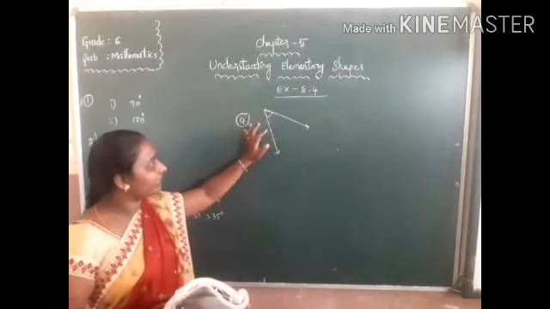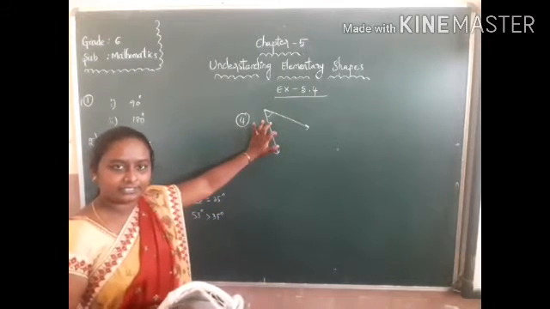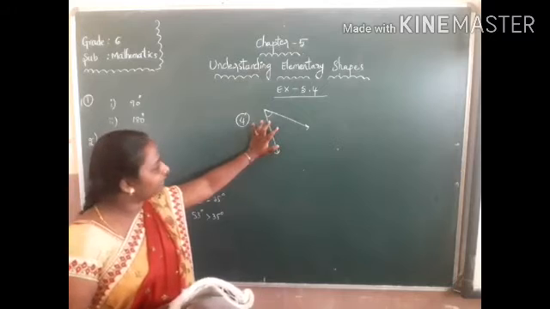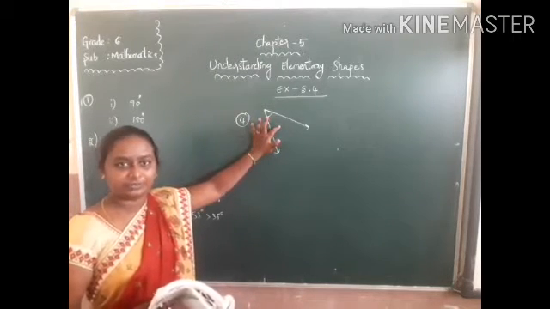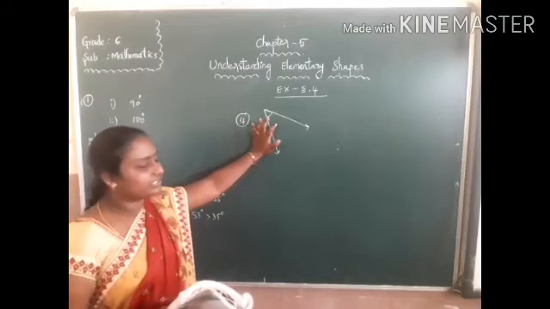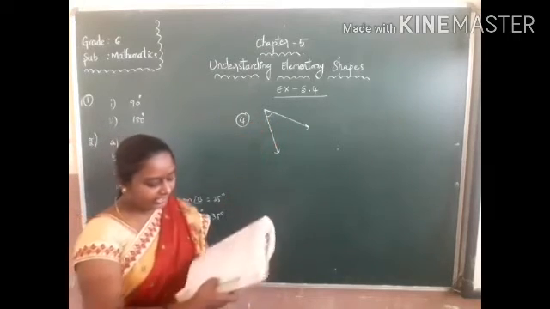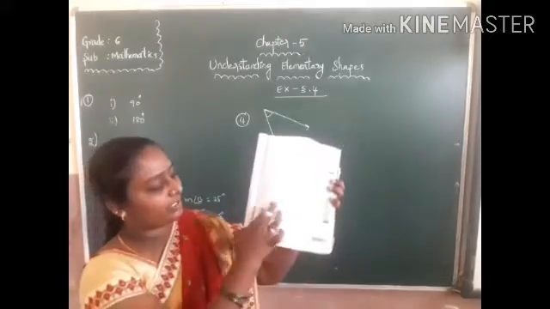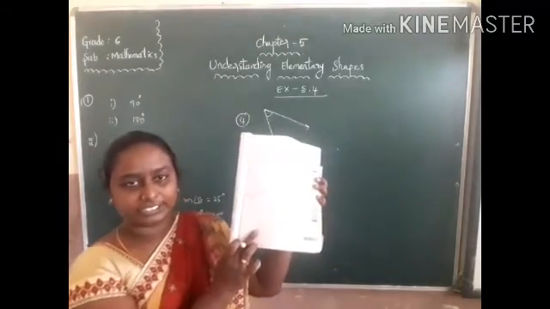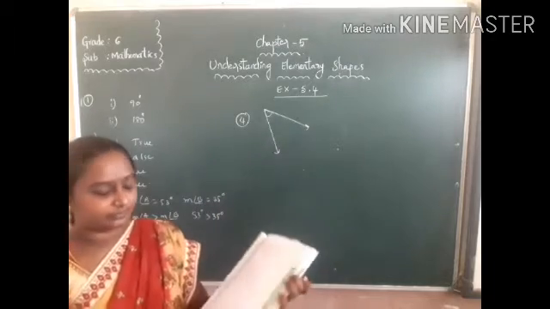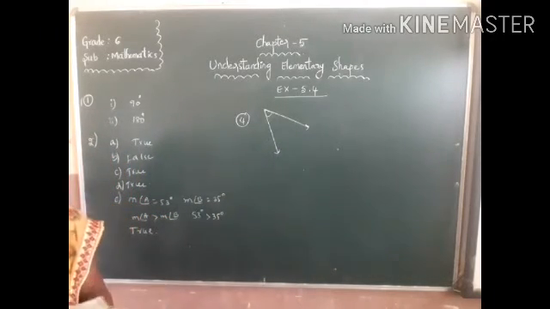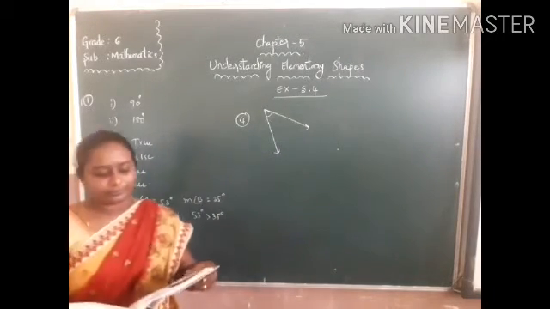With the help of the protractor in the textbook, you measure this angle, and you may get some value. So like this you can measure all these angles. Understand? You have to measure all these angles in the textbook only. Right, turn your papers. Fifth one.